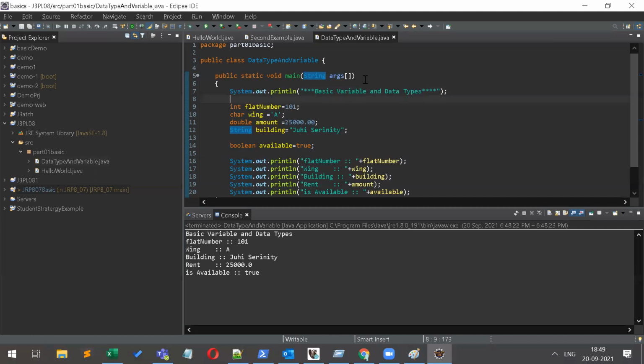So anybody has doubt related to today's sessions? No, sir. No, there is no doubt in this question. Yes, Pritam. Vaishnavi. Sir, the public is access modifier, no? Yeah, we will learn everything. This is the second session. We have to cover only data type and variable.